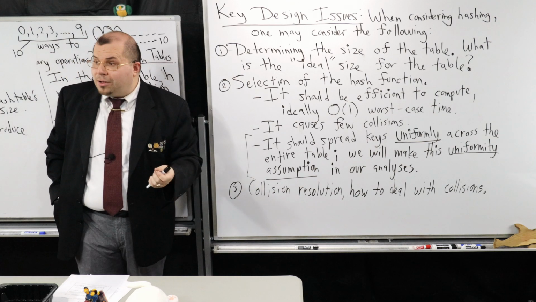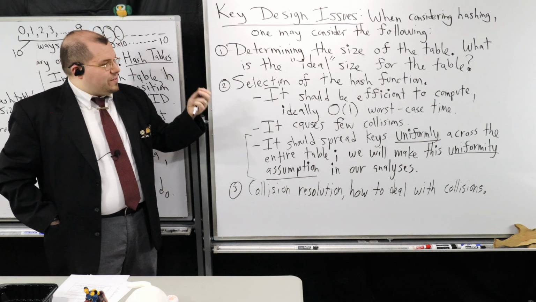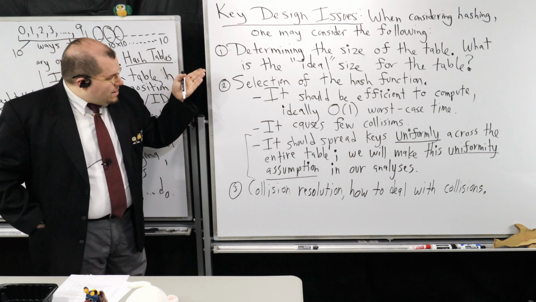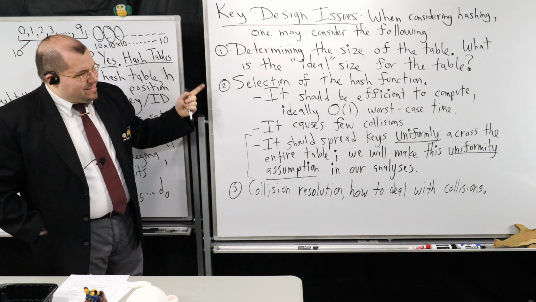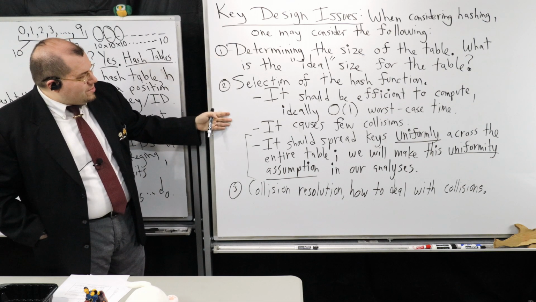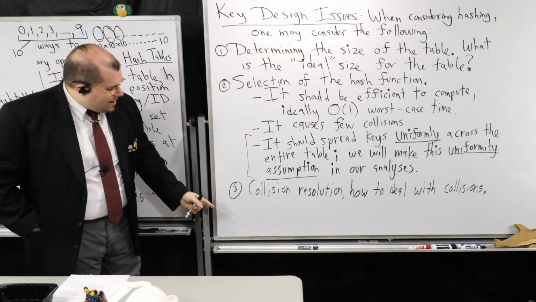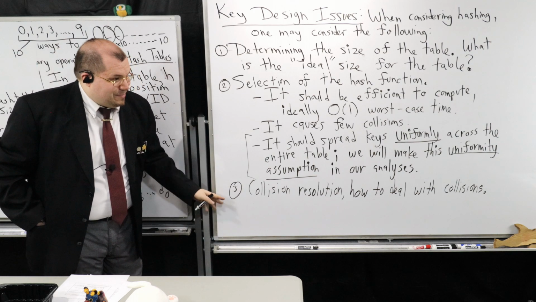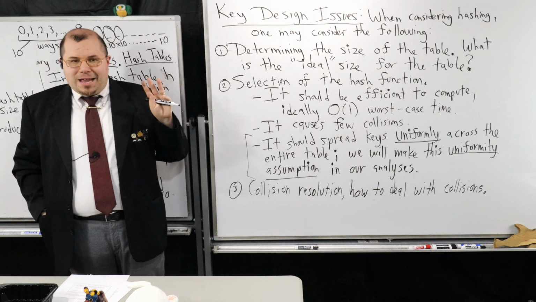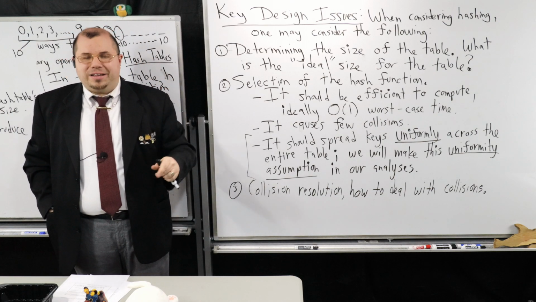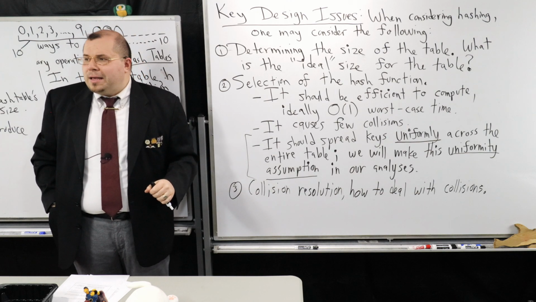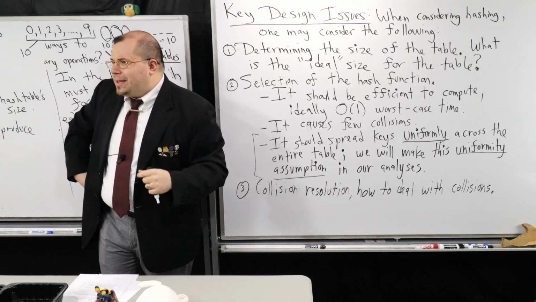And I'll be giving you algorithms based on different collision resolution schemes for achieving each one of these considerations. Some of them won't have any consideration like this. Other ones might be able to do a little bit more with this, and other ones will be quite clear that this is kind of the goal. But yeah, so these are the three main things we're going to have to take a look at when we consider each collision resolution scheme and how we design the hash table. But yeah, so anyways,